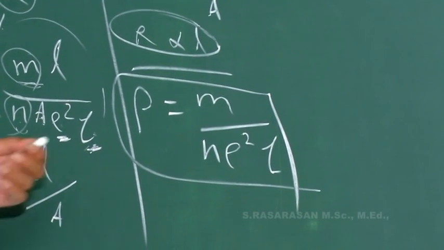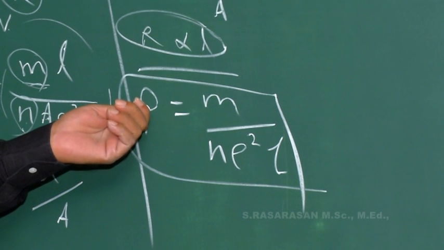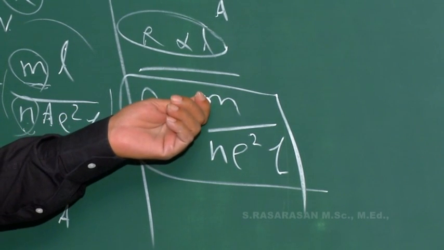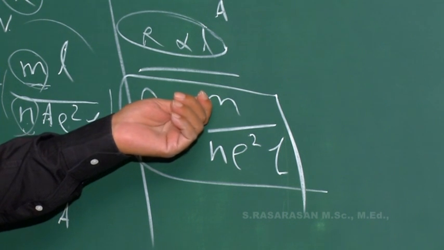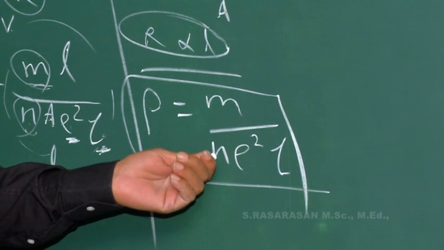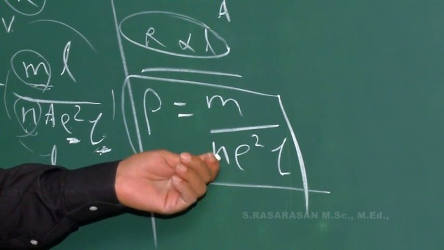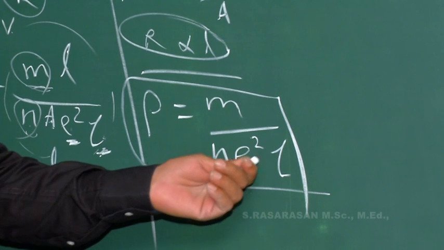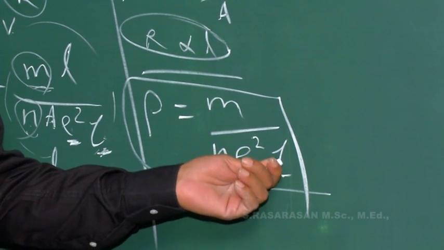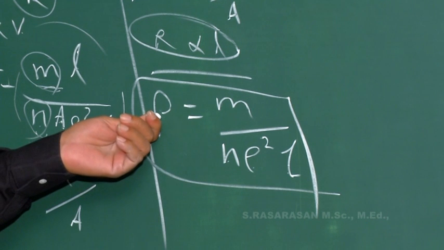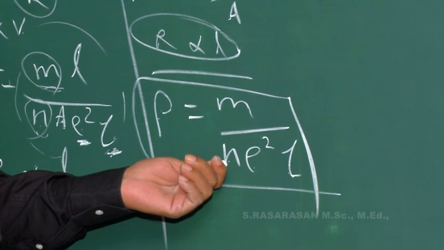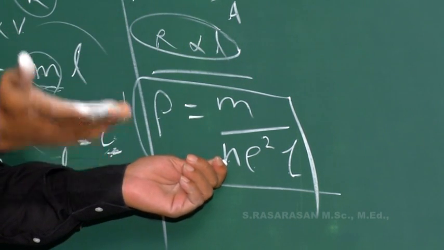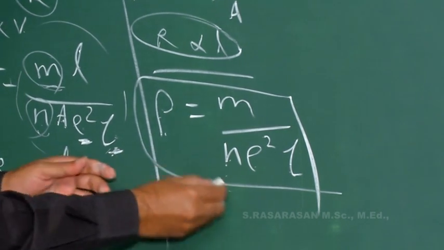Now we have come to the conclusion. The specific resistance depends on the mass of the electron. No, the mass of the electron is always constant. The number density or electron density, the number of electrons per unit volume, is a constant for one material. For copper, there is one number for that material. The charge of the electron is always constant. At one particular given temperature, tau is constant. So the specific resistance is constant for one material. If you double the length of a wire, the specific resistance does not change. Why it does not change: because L does not appear in this equation.